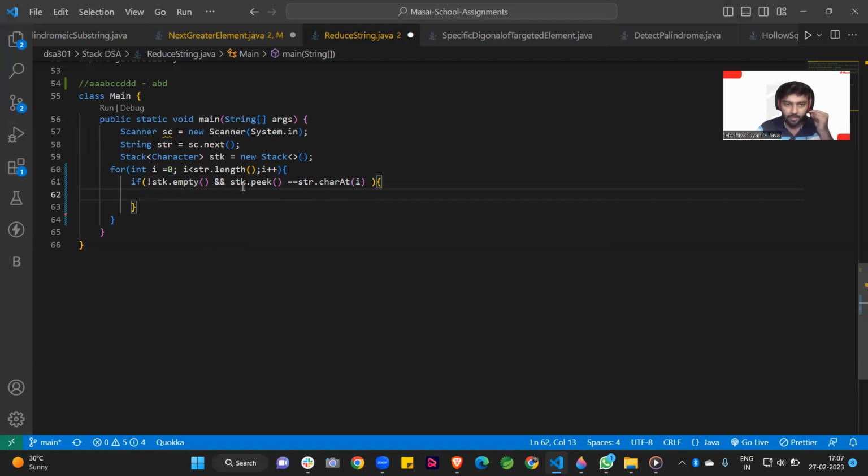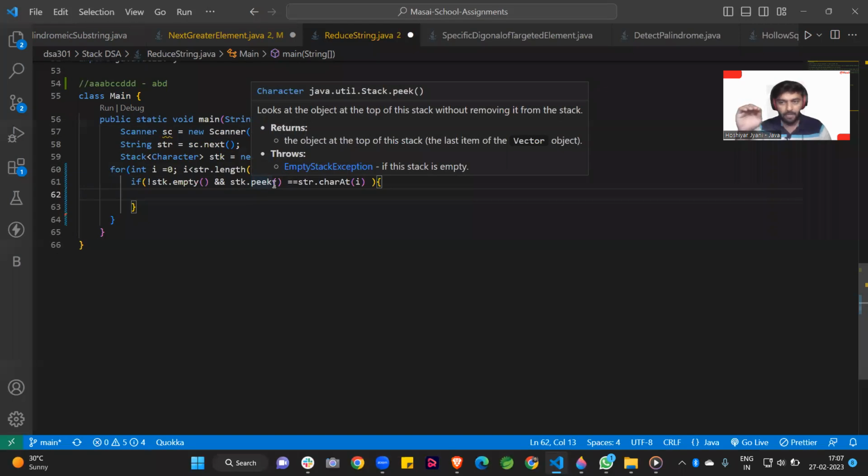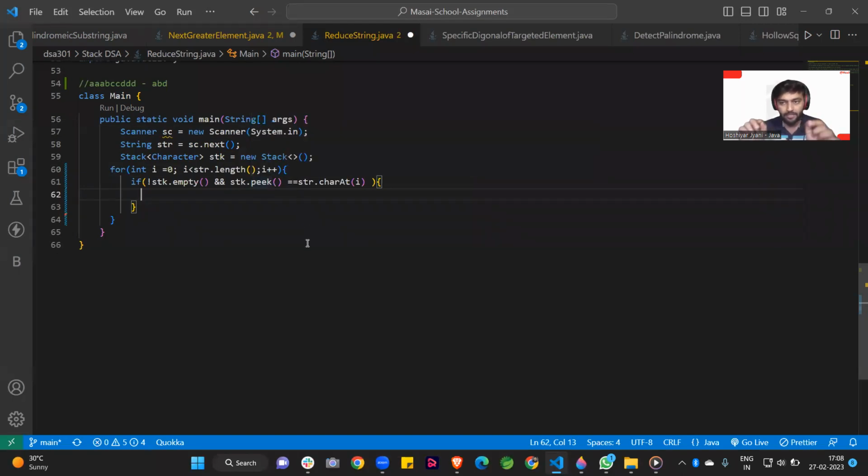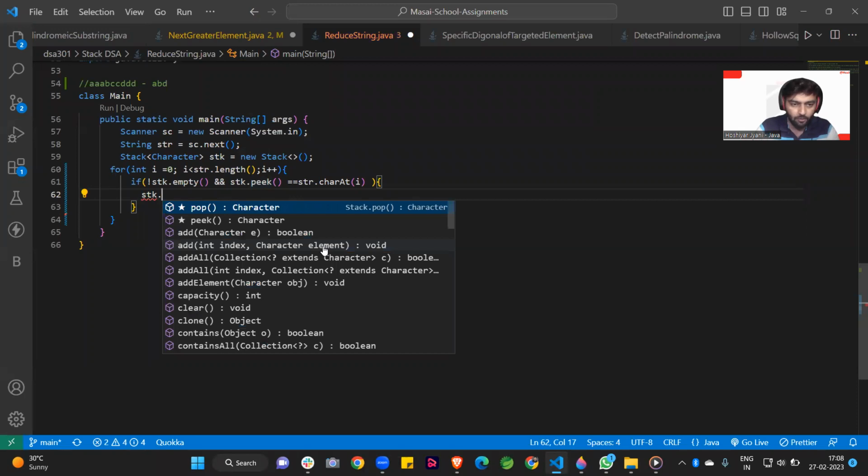After that, when we are checking any element of the string, we check if the stack.peek element is equal to our str.charAt(i). When they are both equal, we simply remove the top element of our stack. How can we remove it? There is a method in stack, pop.